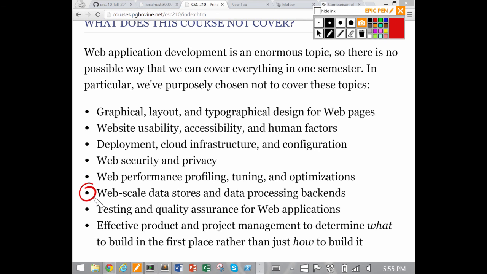Data storage is related to the performance thing. When you're storing terabytes of data and trying to get at them fast, and you have a billion users like Facebook does, you're probably not just storing data in one table. Also testing and quality assurance. Again, these are all professions, right? How do we make sure the web apps work well? Because as we even see in the simple example, it's hard to test these. You have a browser side, they have to click, and then they have to go through some internet thing, and that might be unreliable, and the server has to run separately and go back to the client. And then the final thing,